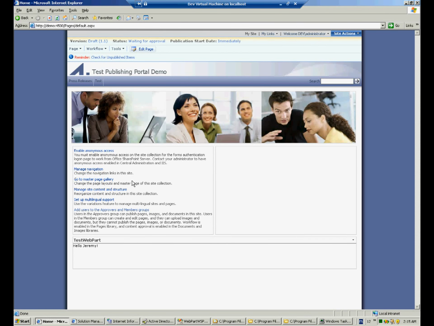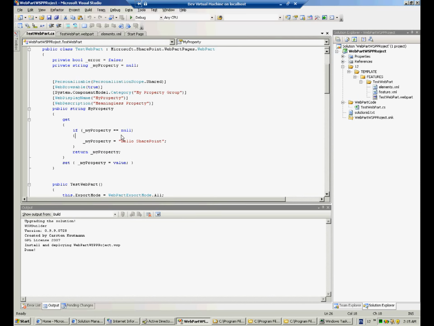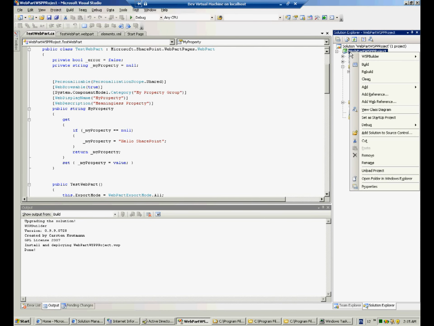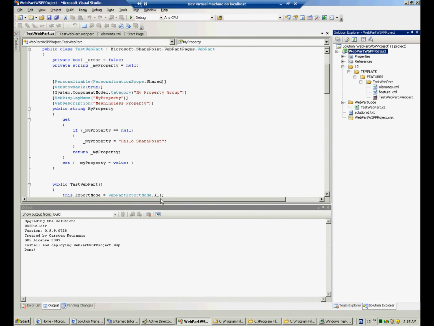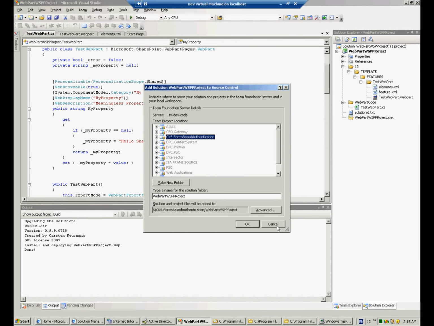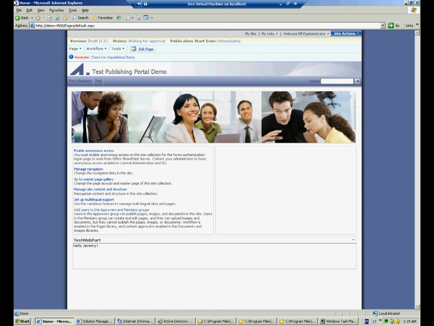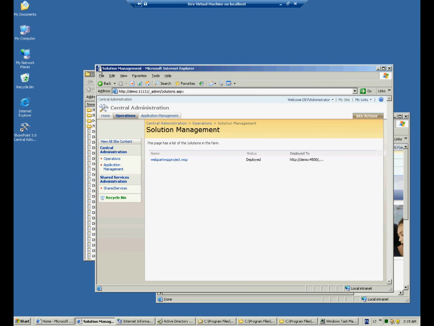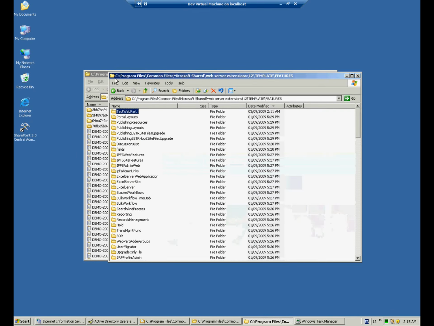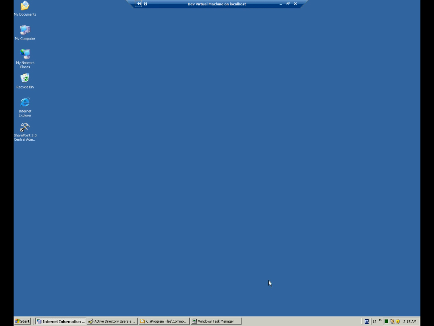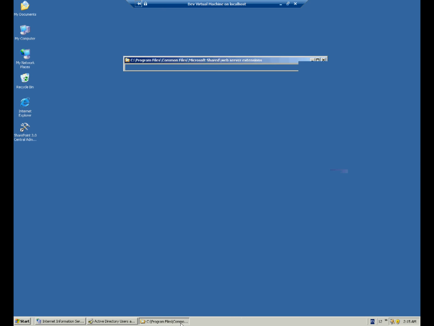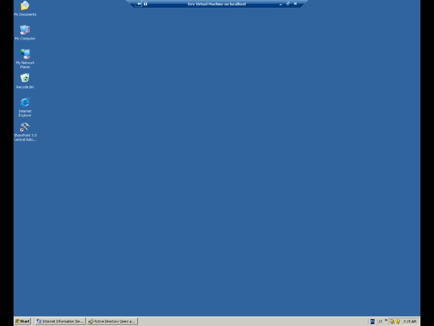But you get the idea of what I'm doing there, right? So that was really easy to get a web part done, and you can check this into source control. If I wanted to, I can add source control and add this into TFS. Really nice and straightforward. Very happy with it. Cool. All right, so I'll just exit out of that, and exit out of that, and exit out of that. Right, okay, so I just